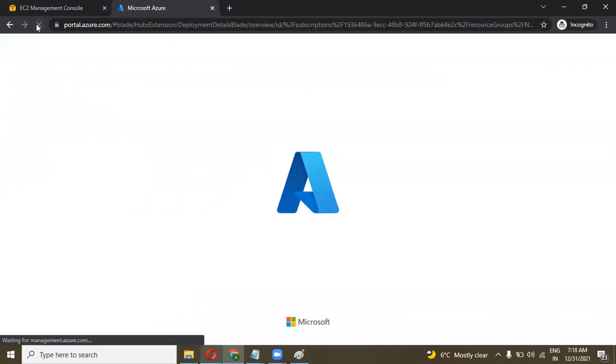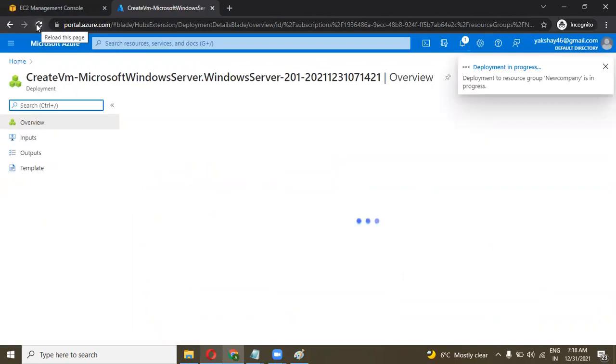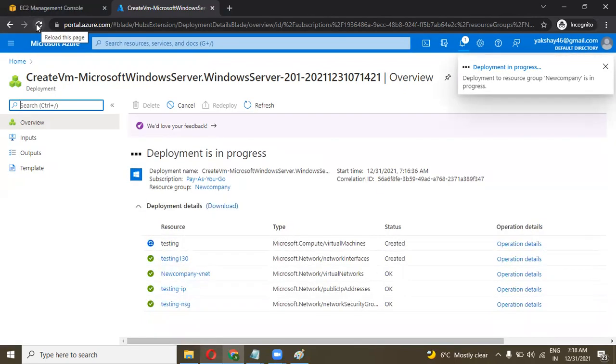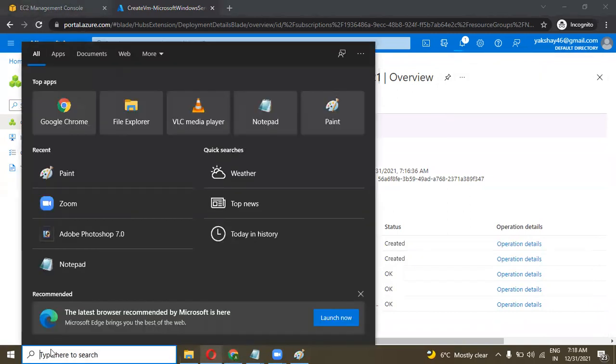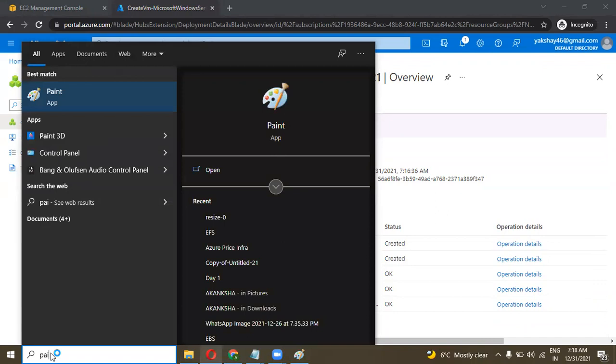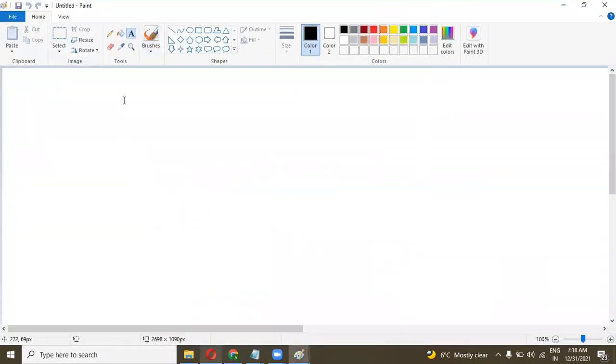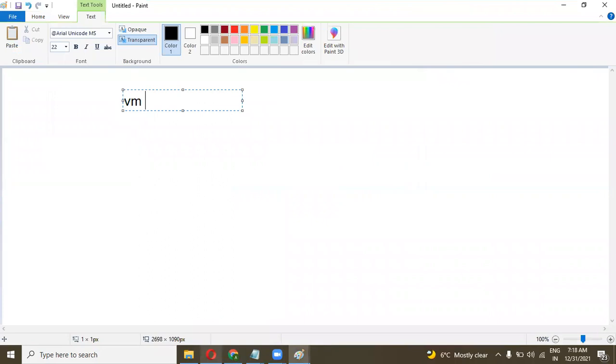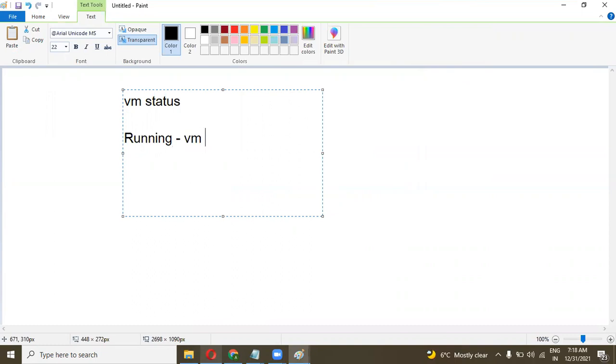So the deployment is in process. So let me introduce VM status types. What is a VM status type? There are only three status types for a VM. First is if the VM is in running condition. That means the virtual machine is running and it is working.